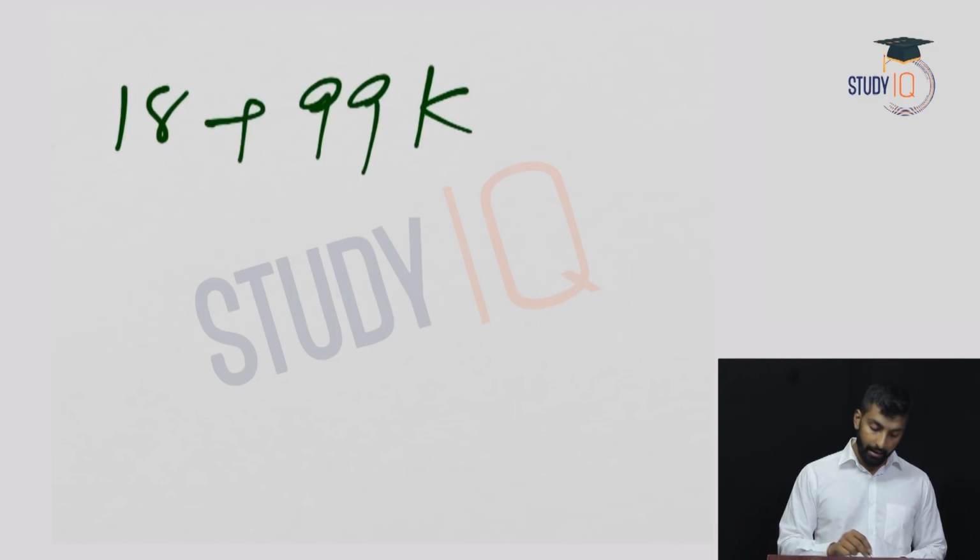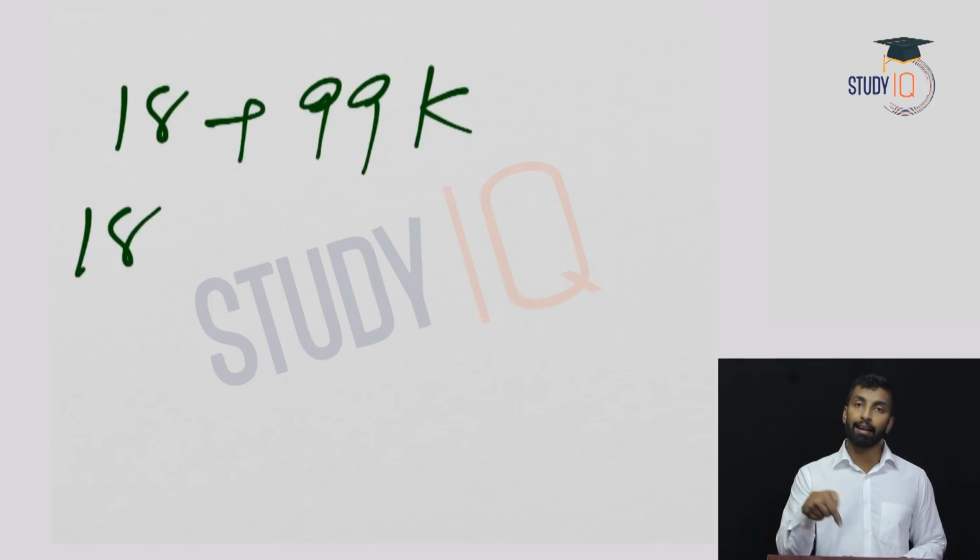Or the first term, that is 18, then it will increase in steps of 99. So the first term is 18. Find the last term, right? How will you find the last term? You just now got it as 1008, right? So the 11th term is 1008. So the previous will be 99 less. How will you get that? That is nothing but